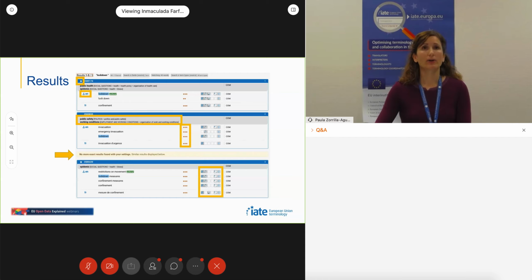We have the anchor icon next to a language code, which indicates that this is the reference language, that is, the first language added to the entry. We can also see the domain or domains of the concept following the Eurovoc thesaurus. The stars next to each term show their level of reliability. The evaluation label indicates if a term is obsolete, preferred, etc.